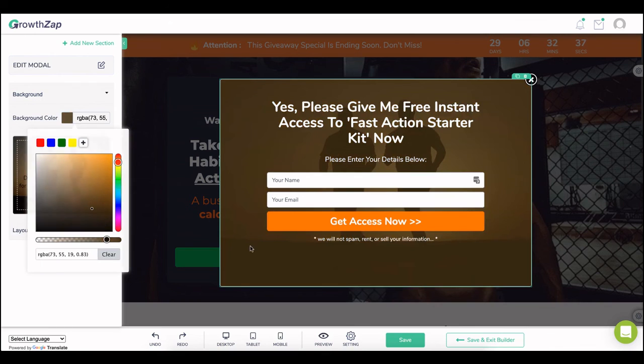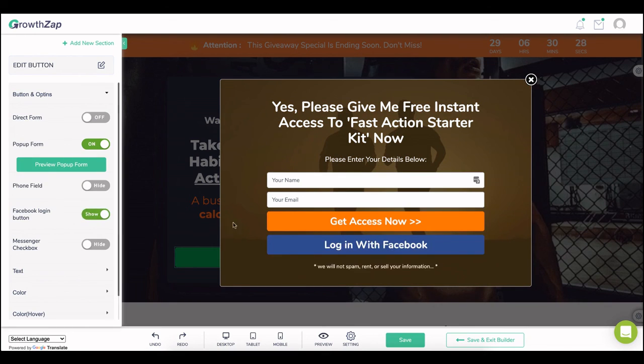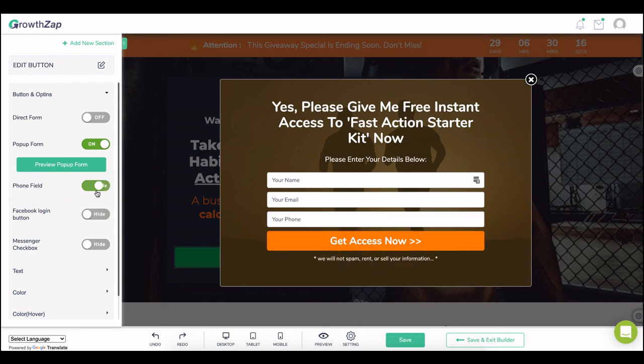Also, you can enable the opt-in with Facebook button to allow your visitors to subscribe to your list through their Facebook account, so you capture their best email address. You could also kill 3 birds with 1 stone by building SMS